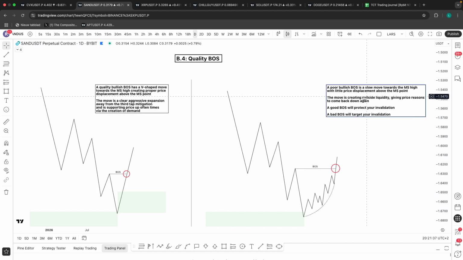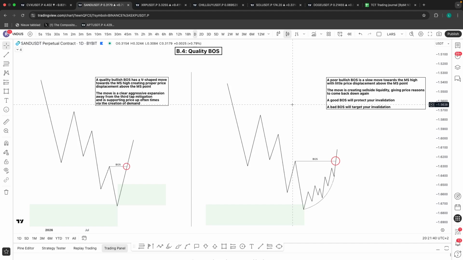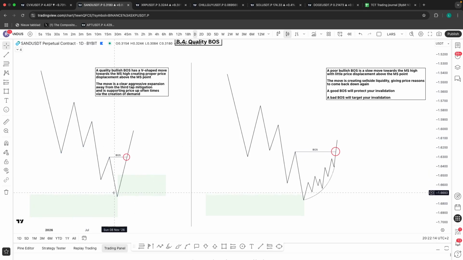A quality bullish breaker structure, in this case, because we're using a bullish breaker structure as an example, again, it works vice versa when we have a bearish breaker structure, but a quality bullish breaker structure has a V-shaped move towards the market structure high, creating proper price displacement above the market structure point. The move is clear and aggressive. It's a clear and aggressive expansion away from the third tap mitigation and is supporting price up, oftentimes via the creation of demand. So what we can see here on the left is that price taps into our third tap